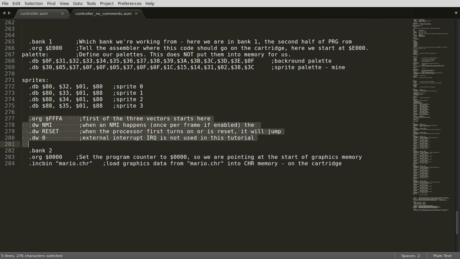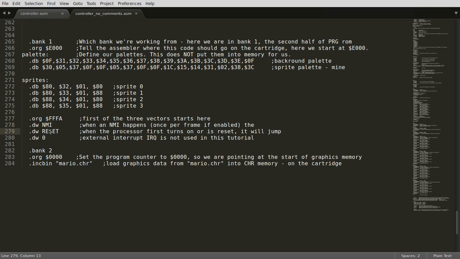So then we're using the assembler directive .dw for define word, and what that does is just writes whatever comes after it. In this case, NMI is a label that's going to point to a certain memory address, very similar to MIPS assembly and ARM and stuff like that. So basically, starting at FFFA, we define the word for NMI to tell what this vector should be defined as. In other words, it should know what address NMI starts at,